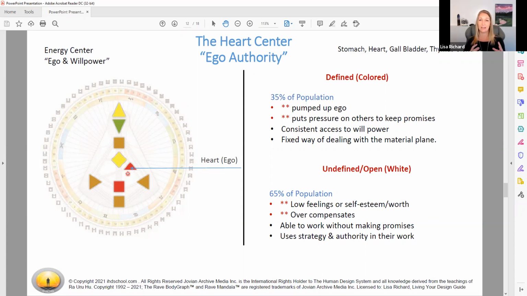So again, when we learn about the energy, we learn about the differences in others, then we can understand why. It's not a personal attack on you. It's a true inability to make that promise. So we start to learn different ways of doing things. If you have a defined heart center, it is absolutely appropriate for you to make promises, knowing you're going to honor them and that's going to feel good for you. But for those of us that are open, you're white, we should never make promises. You want to use language such as, I will try my best, I will see, I will get back to you.